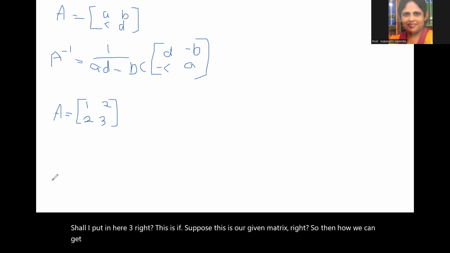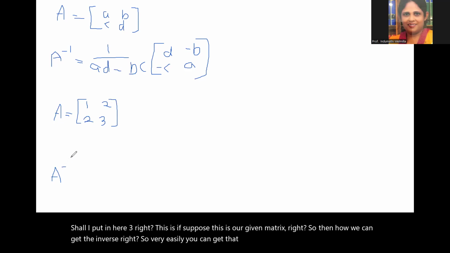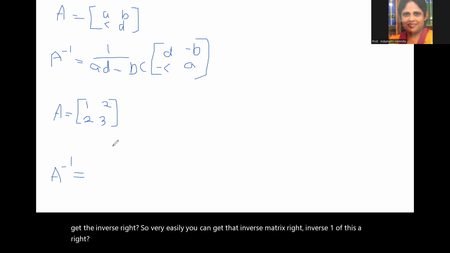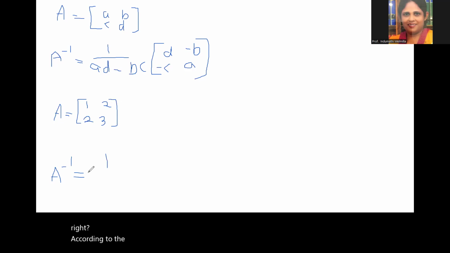Very easily you can get the inverse of this A according to the given formula or method: 1 divided by AD,